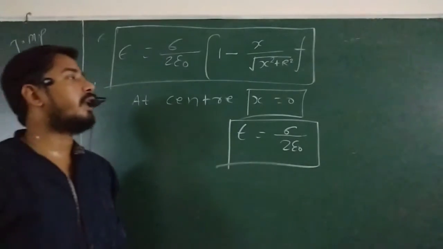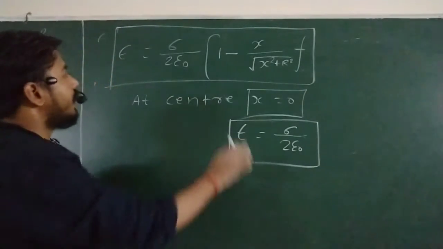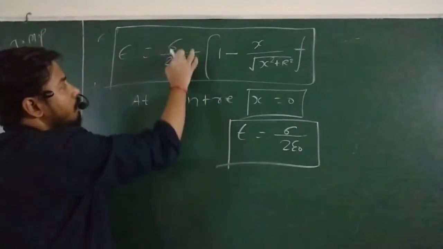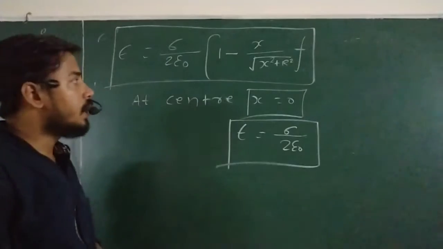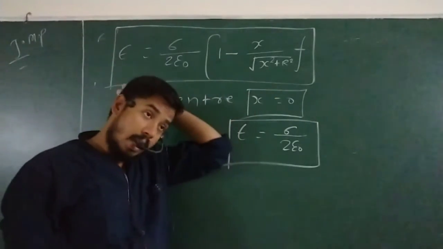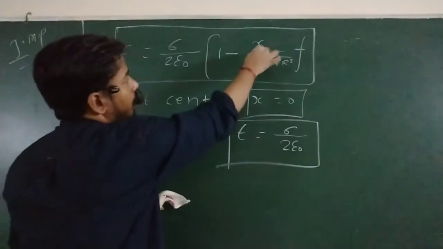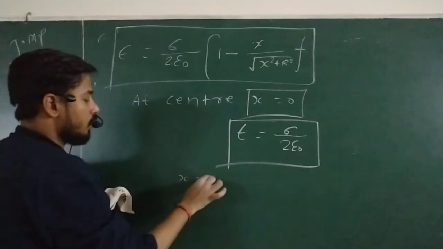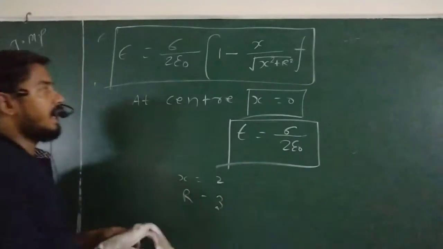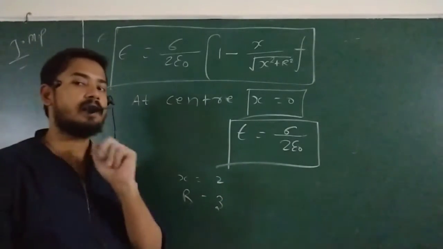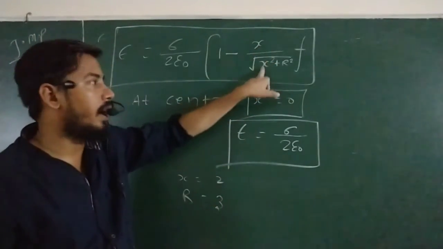Now second, we are going to find the graph. So just you have to keep one point in your mind. See, this is always constant, because sigma by 2 epsilon 0, sigma should be constant, this will be constant. This is also constant, right? So this will be variable. Suppose, my dear, just take practical values for the graph. Take x equal to 2 and r equal to 3. Okay. So this becomes what? 9 and this becomes 4, 13. So this becomes 2 by under root 13.